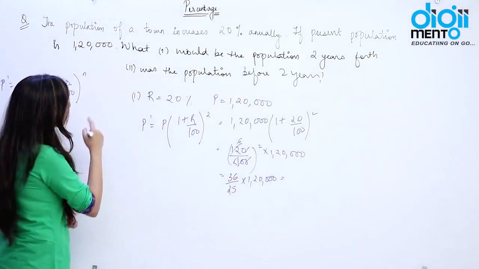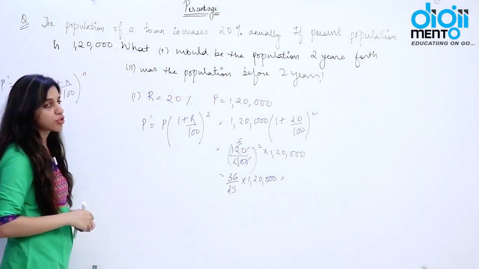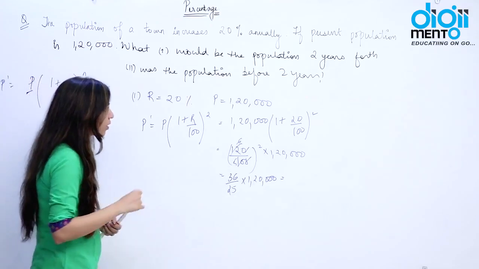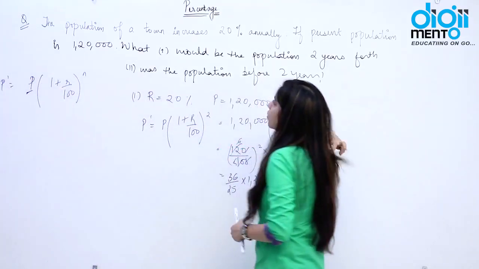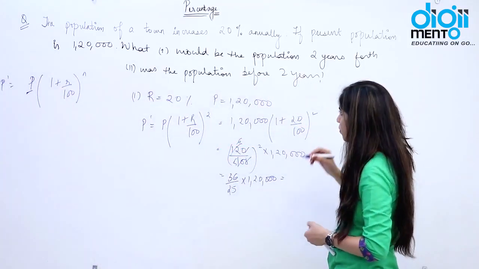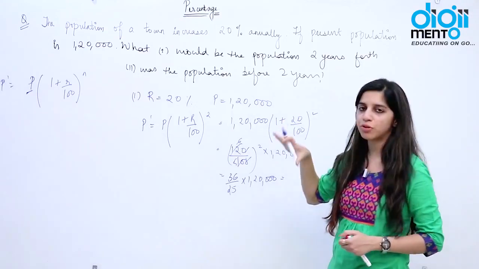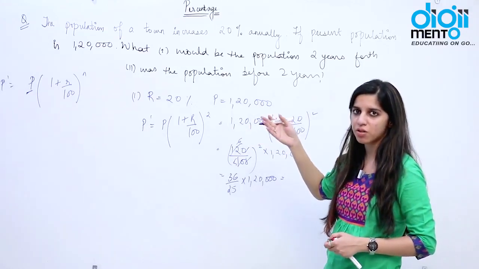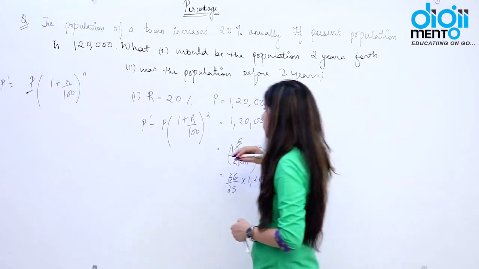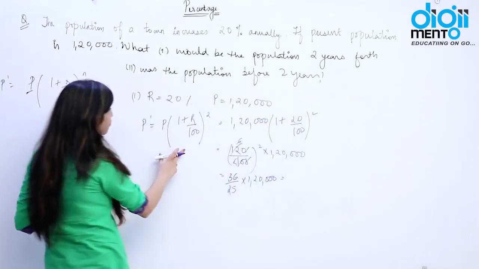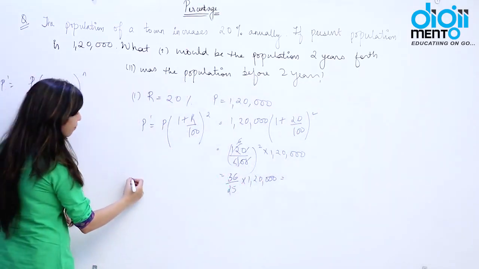Right. Now if you look at the second part, they are asking what was the population before 2 years. Population before 2 years would be less than the present population, obviously, because it is increasing per year. So what do you do? Instead of multiplication, we just need to perform the